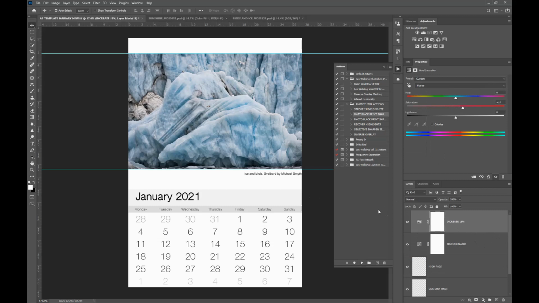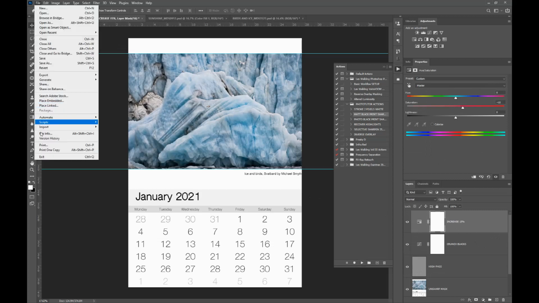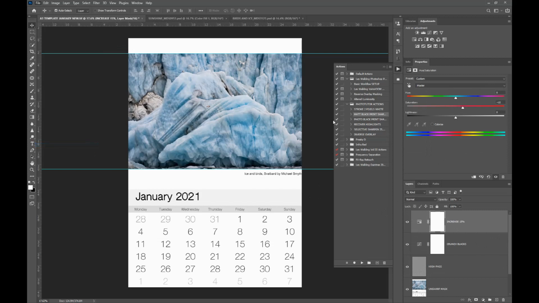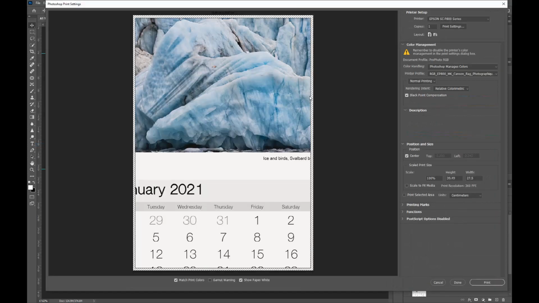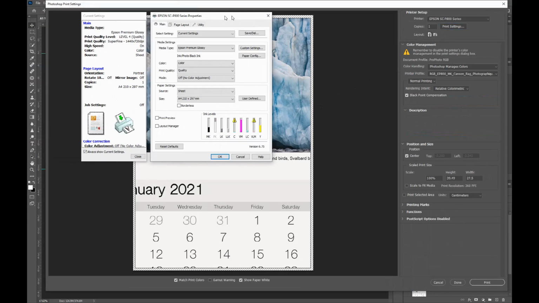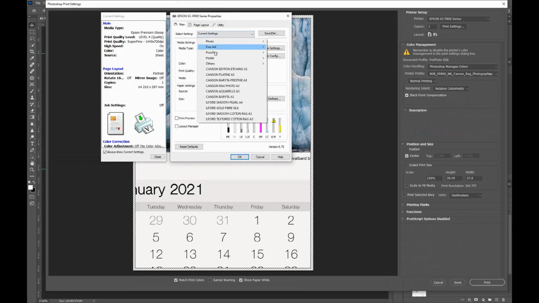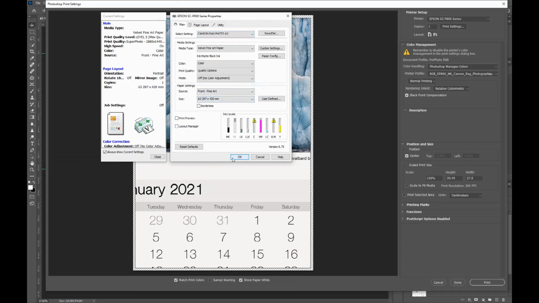Now, with all of those adjustments made, we can simply go to File, Print. I've previously saved this with the settings. Hopefully, no, I haven't. So we would go into our print settings and choose the right sort of paper and so forth. Let's say we're going to print that on rag photo,